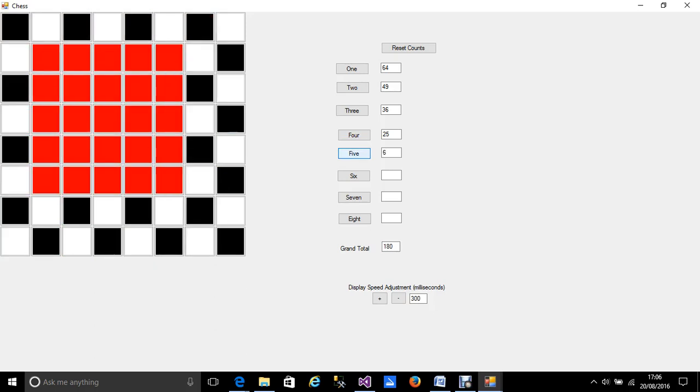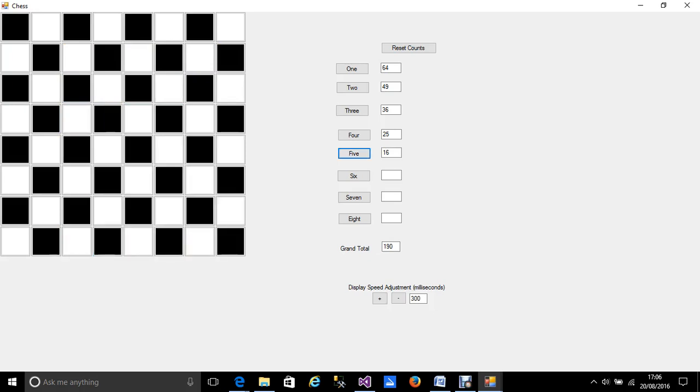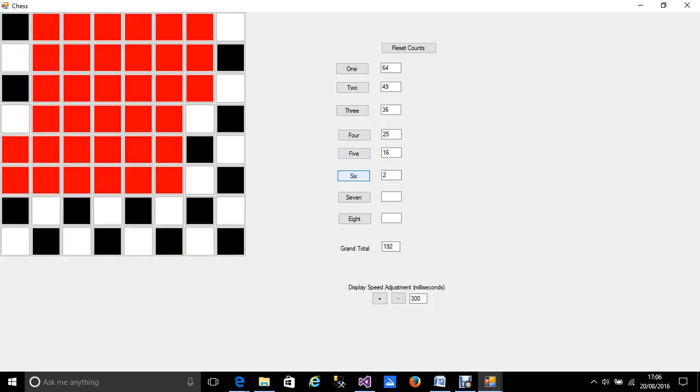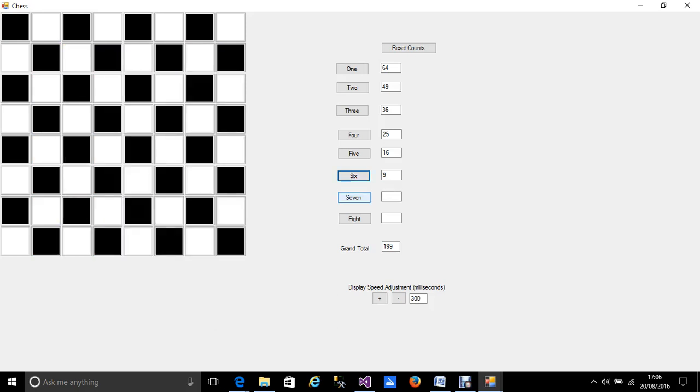5 by 5s, it gets a bit heavy here, you know, the screen response. 6 by 6s, 7s, and 8. What do you know, there's only one of those, which gives you the grand total at the bottom,